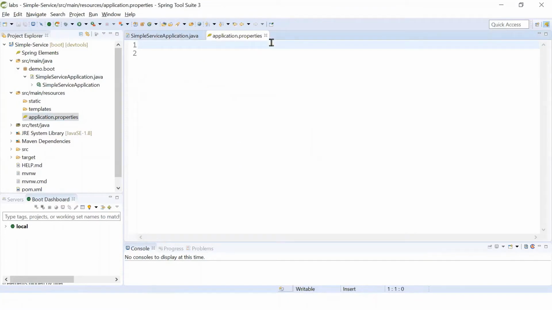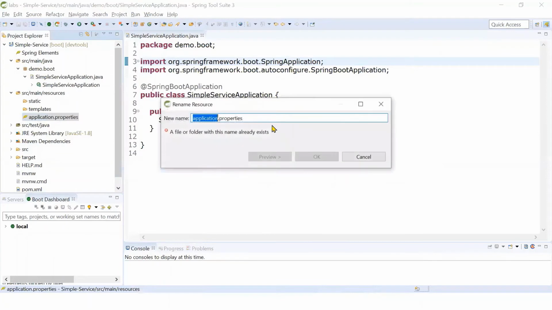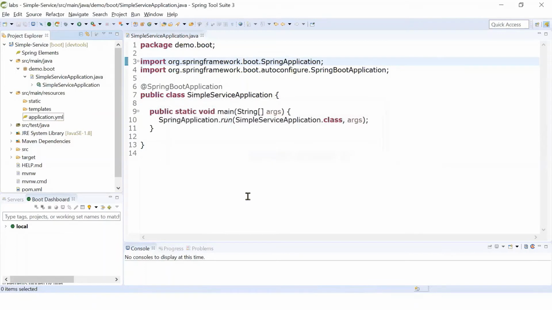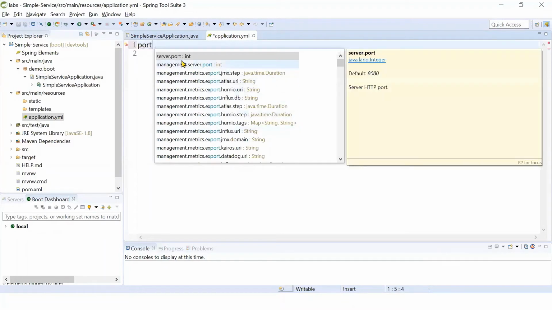Instead of application.properties, we can even go for application.yaml. Let me rename it to an application.yaml file, right? The advantage of a YAML file is that it is more hierarchical, especially when you're typing some metadata, you have a more hierarchical way of typing the metadata, right? So it is very easy to maintain. Okay. So here nothing is defined. By default, if I type port, right, you can see server.port will come here.